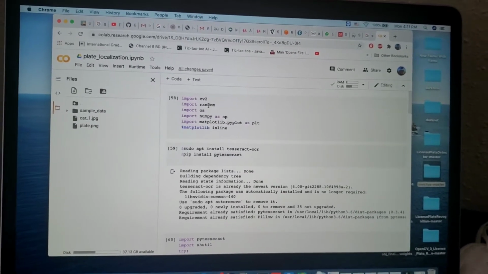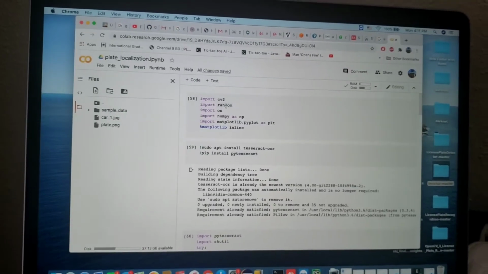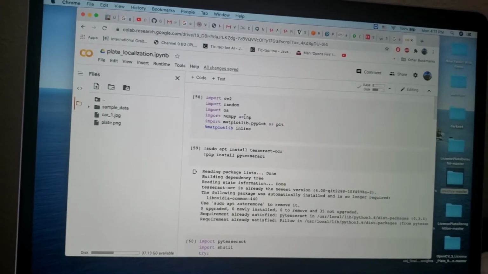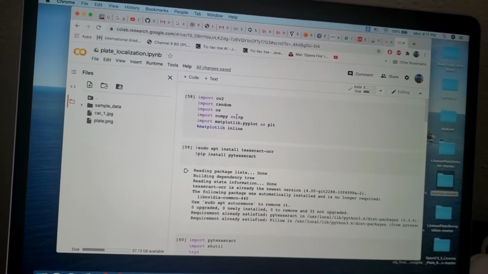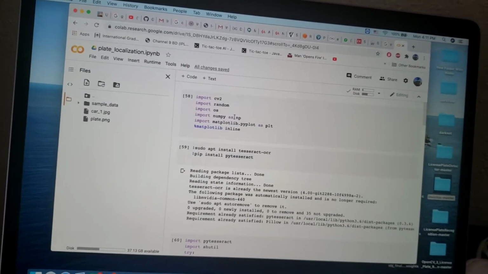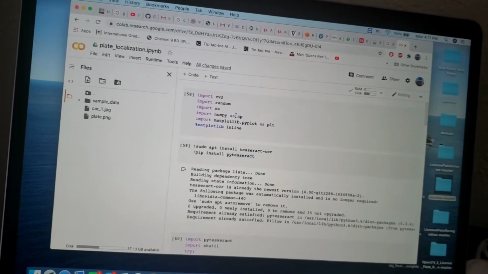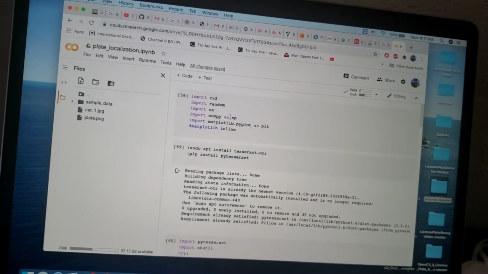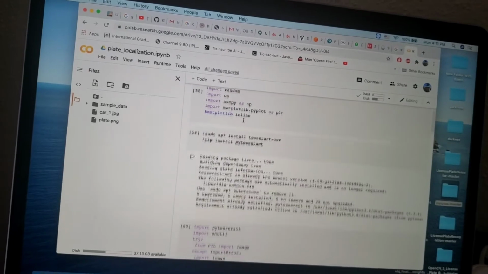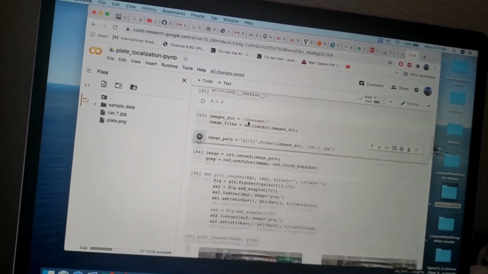In this Python OpenCV model, we take a picture and try to remove all the stuff except the number plate. So we have to truncate the number plate. Here is the thing.